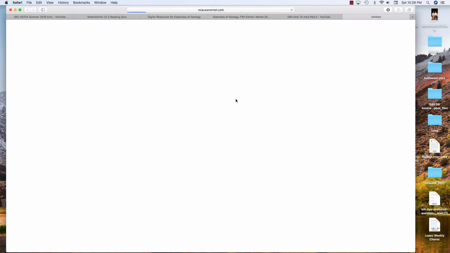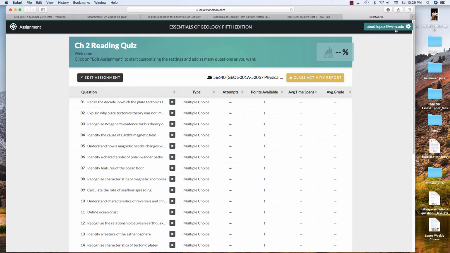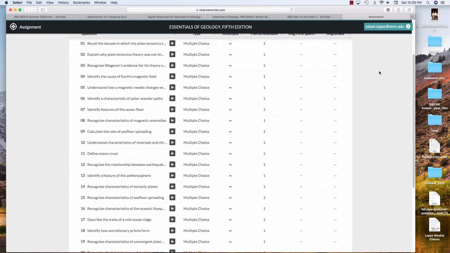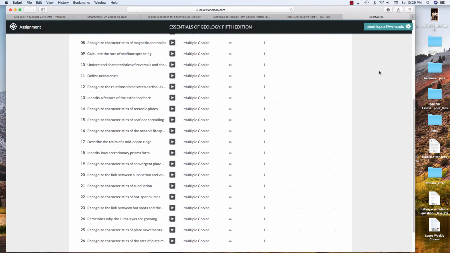So we'll click here, and you can see it's going to open it over here. And here, the first thing you'll notice, you'll see your email, and then you'll want to make sure that you're connected to the LMS, right? So that means you're connected to the Learning Management System, which is our Canvas system. So any work you do here, the grades, the points will go directly back to our Canvas homepage back at West Valley College, right? So in this case, the reading quiz, you would take the quiz here, and then